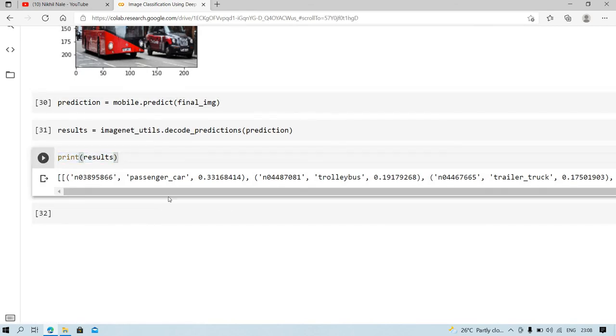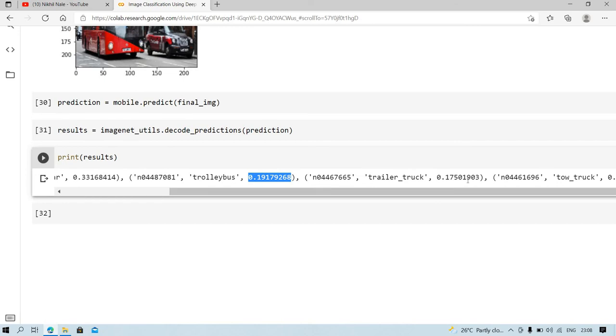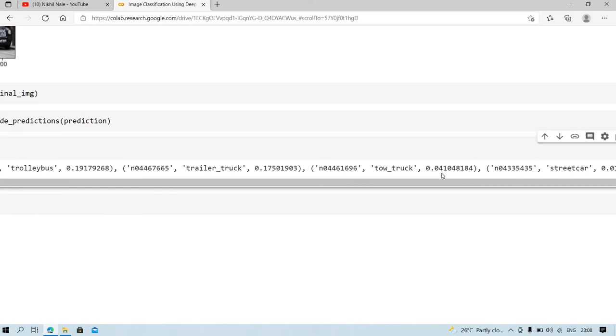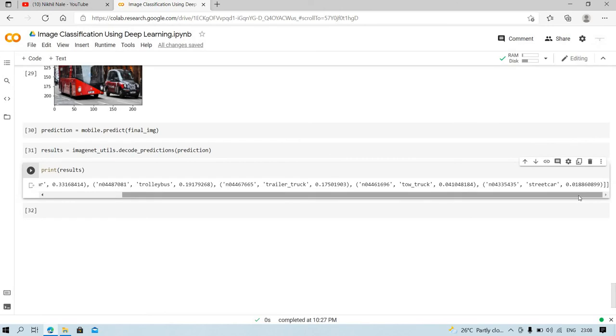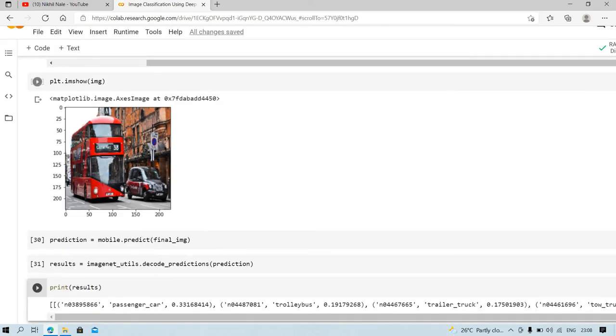Our MobileNet version 2 model predicts passenger car with a confidence of 0.33, trolley bus with a confidence of 0.19, and trailer truck with a confidence of 0.11, and truck 0.04, and streetcar 0.01.